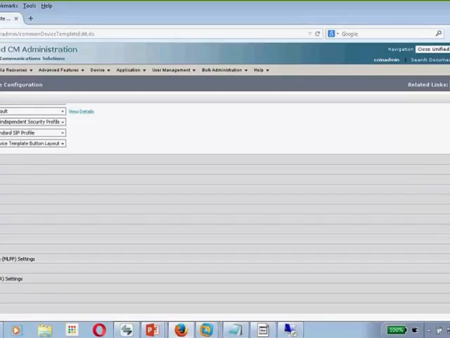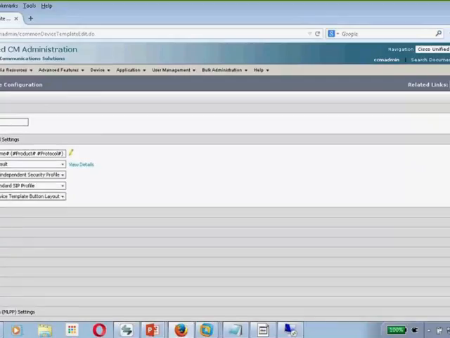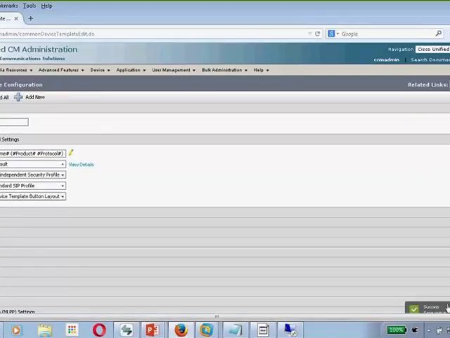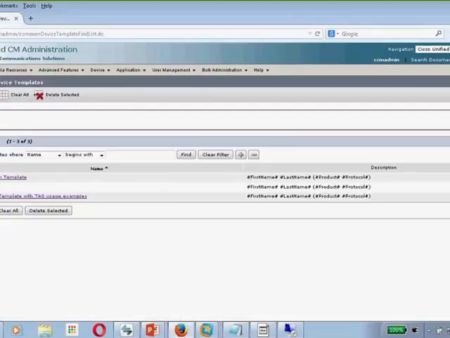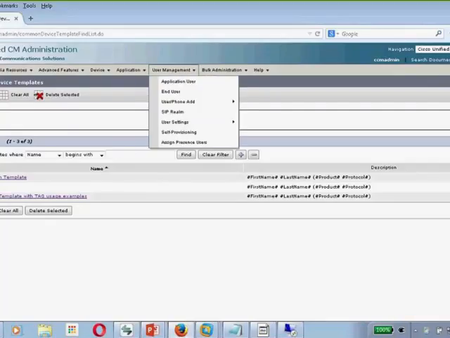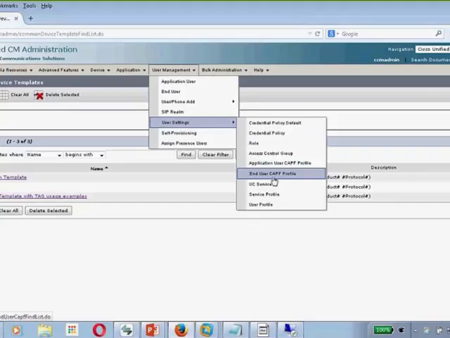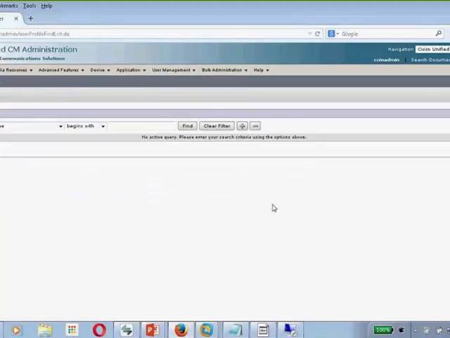So the next thing we need to create, everybody, is the user profile. Now it's under user management, but it's under user settings, user profile down here. If I do a find, I've got some, again, pre-existing ones. So I'm going to go add new, and I'm going to call it demo UP for user profile. Okay, so UP. So I can go demo